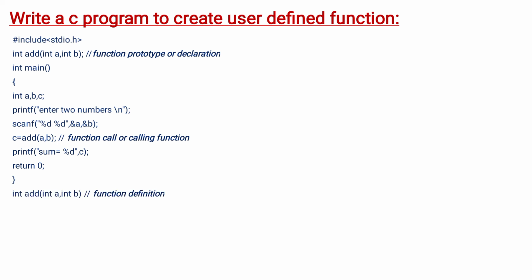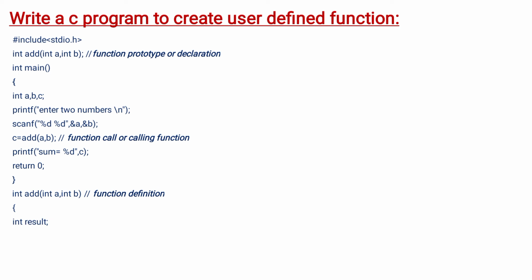And then I am writing a function definition here. int add, within the parenthesis int a, int b. Carefully observe, in the function declaration there should be a semicolon. I just wrote a semicolon at the end of the function declaration, but here I am not writing any semicolon at the end of the function definition. The function declaration and the function definition should be the same, but the difference is only at the place of the semicolon. Opening brace here, and I am writing the function body here.